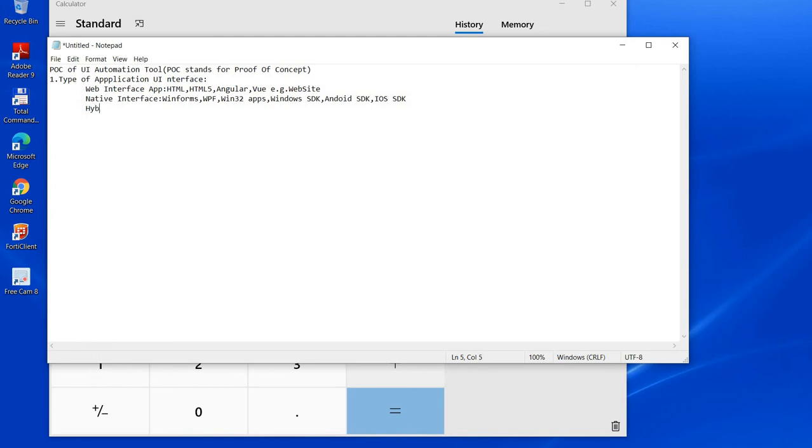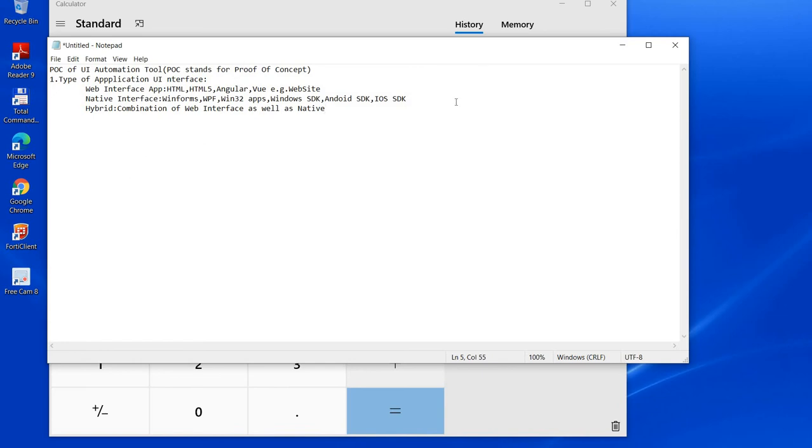And third is hybrid. Hybrid means a simple combo, a combination of both web interface as well as native.